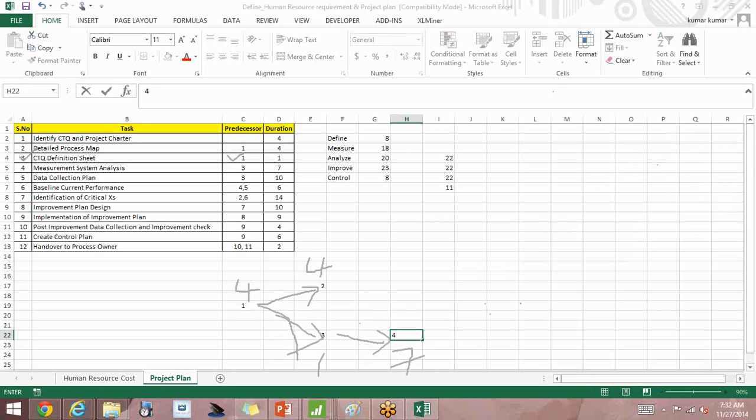Then you have step 5. Step 5 is data collection. That step 5 also has predecessor as 3. That means I need to again establish a connection from 3 to 5. And how many days will step 5 take? 10 days.